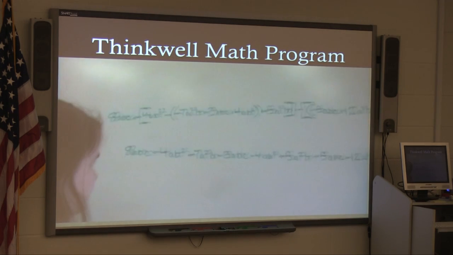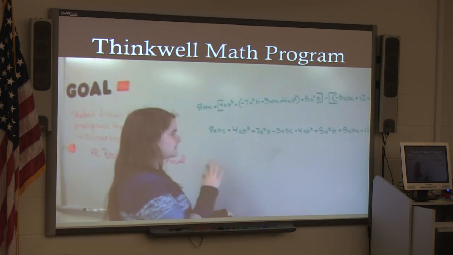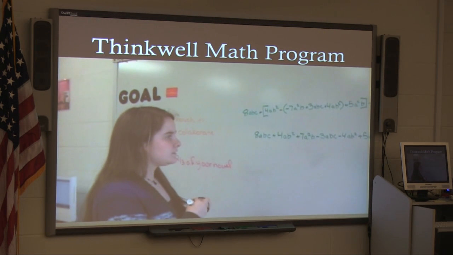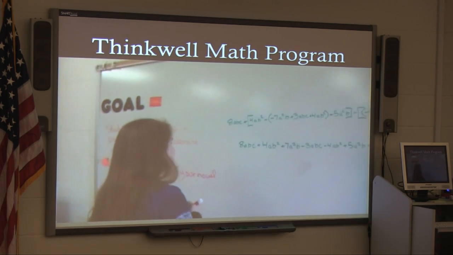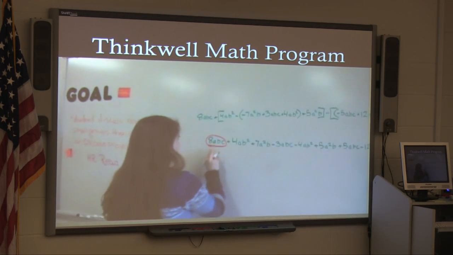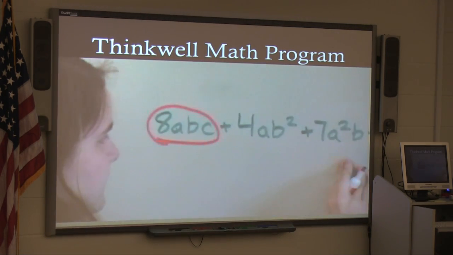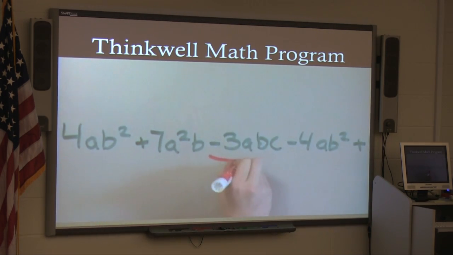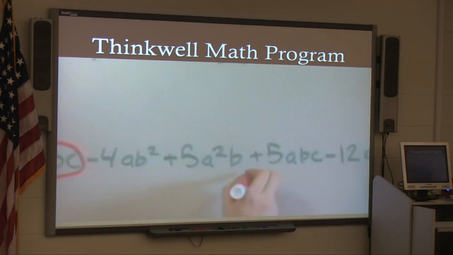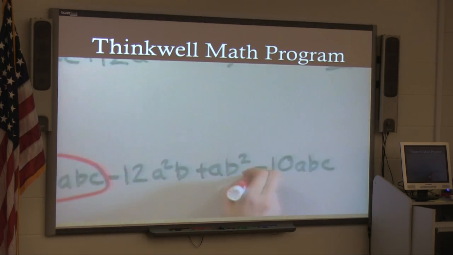So that's the equation without the parentheses and brackets. Now, to help me simplify the equation, I'm going to circle the terms that are similar. So this has variables ABC, and let's try to find another one right here, and another one over here, and the last one over here.